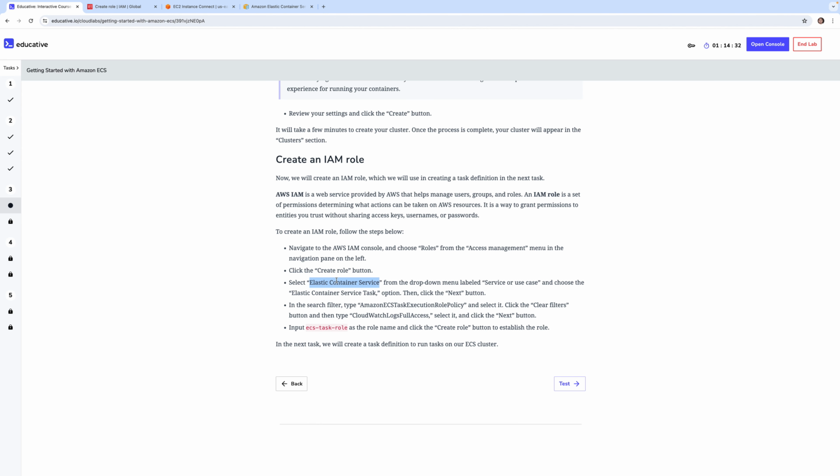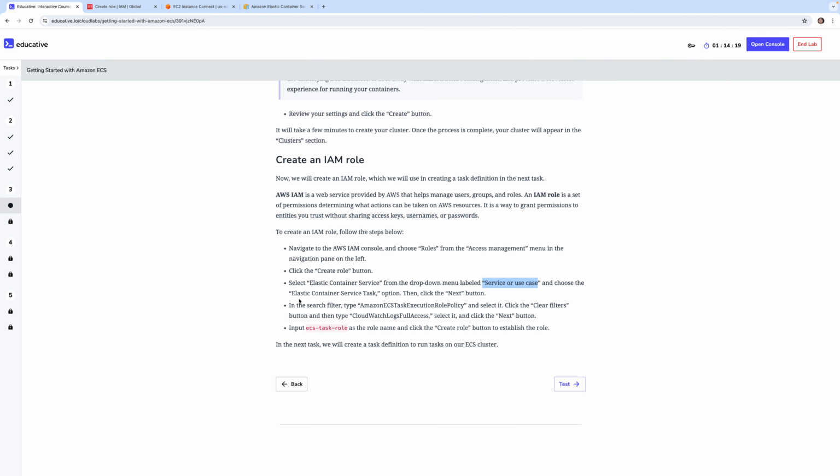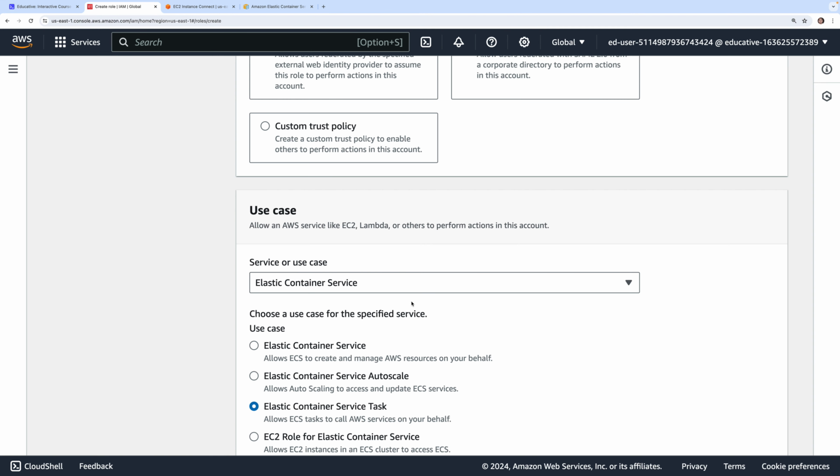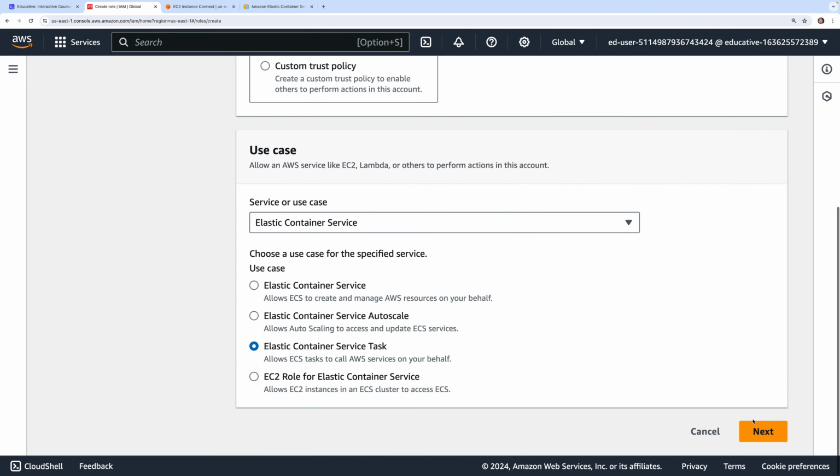Let's see. Select the Elastic Container Service drop down, and label service or use case. Where is it, service or use case? Yes, Elastic Container Service task option. Then click next. So we are going to click this one, and then there are no other AWS things to